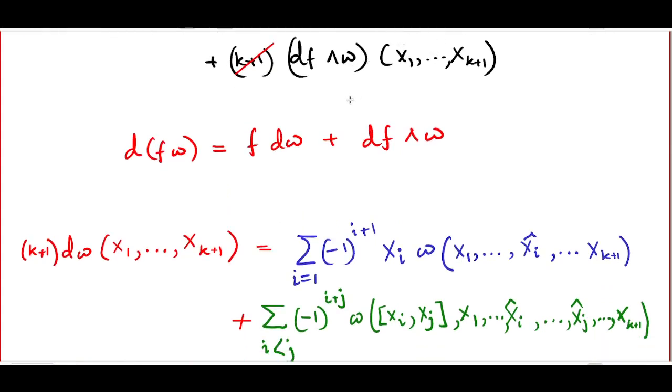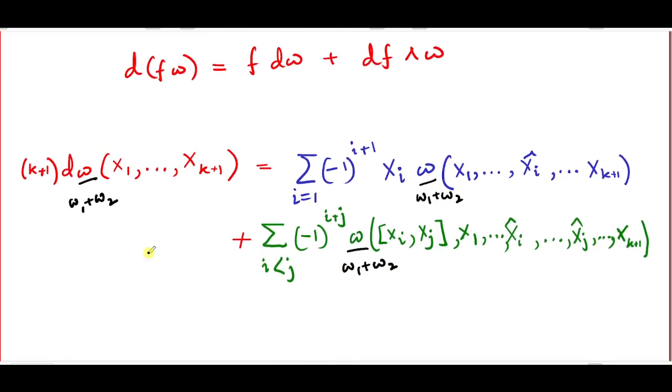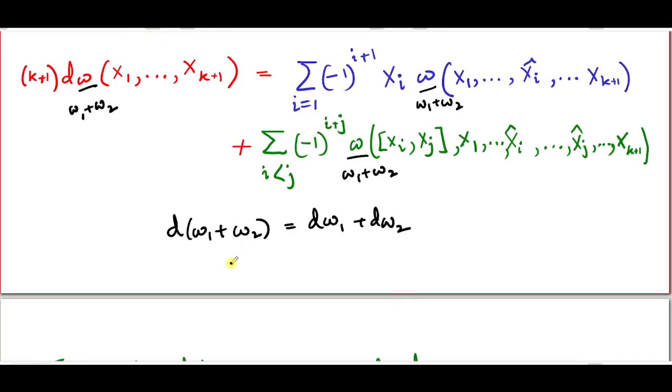If you were to take the definition of the exterior derivative and there replace the omega everywhere by omega 1 plus omega 2, it's easy to see that the whole expression would split into two pieces, and from that it follows rather trivially that d of omega 1 plus omega 2 is d omega 1 plus d omega 2, and indeed this can be easily extended to multiple such k forms, say n such k forms added together, and the result will be the exterior derivatives of each individual k form